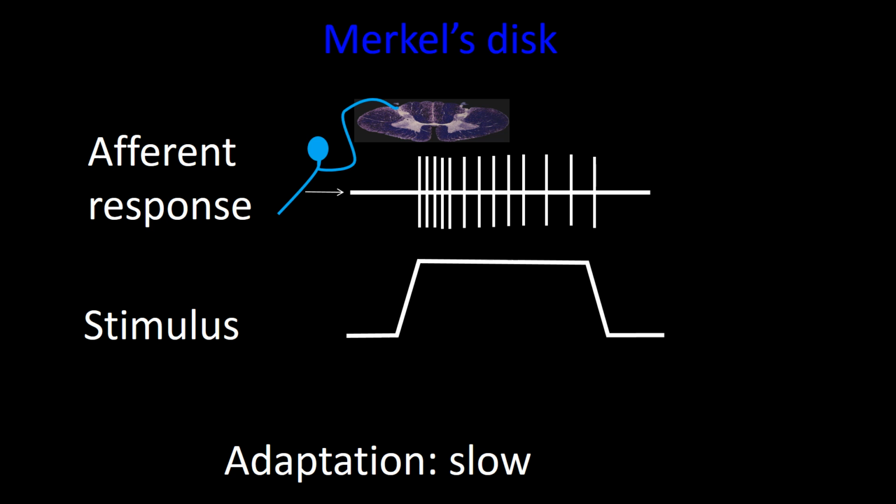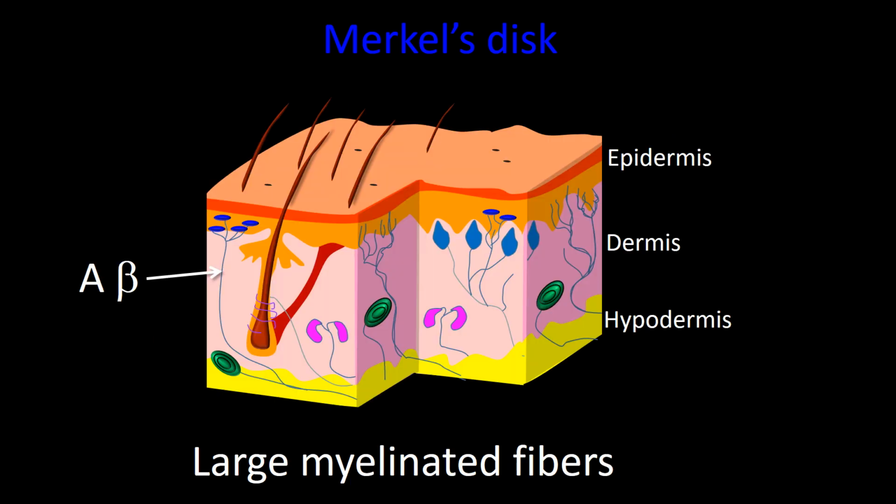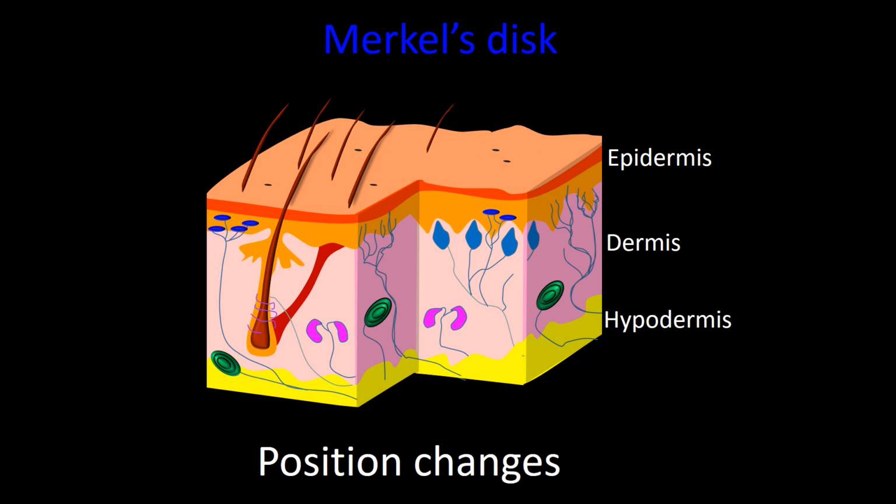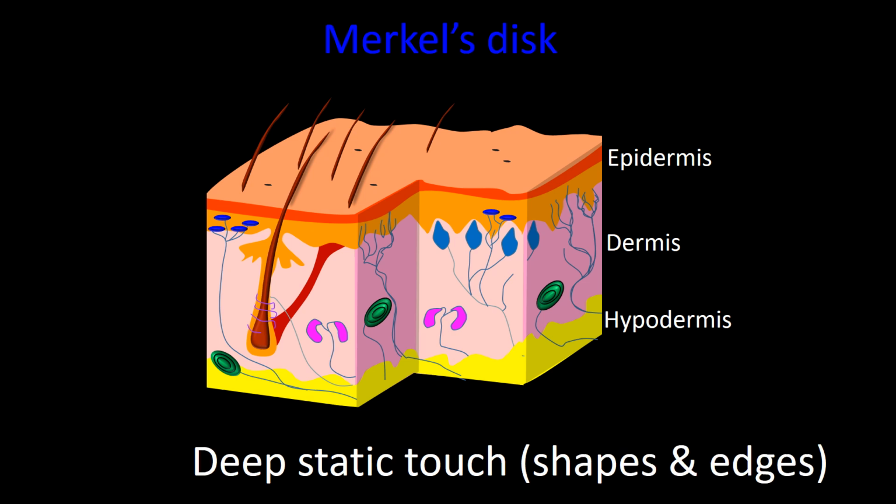They adapt slowly, thus continue firing as long as the stimulus is present, or at least do so for a long time while being stimulated. Merkel discs are supplied by thick myelinated fibers, that is by A beta fibers. They respond to pressure, position changes, and deep static touch. They are especially suited to determine shapes and edges,